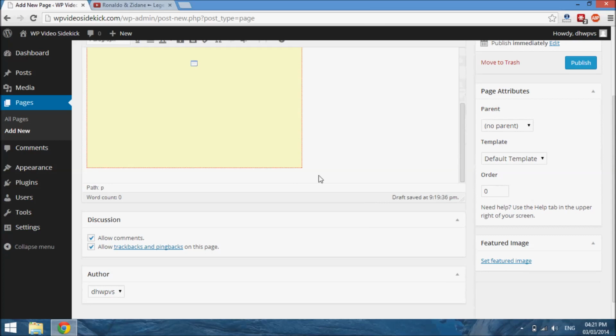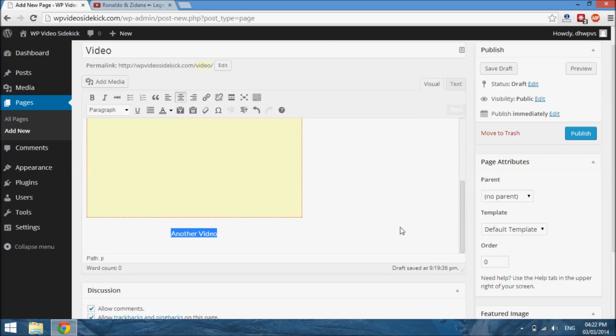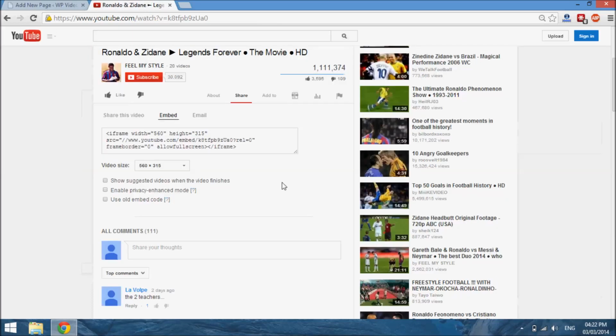And what I'll do now is just put some space and just put another video, and I'll show you the other option that's available on YouTube for embedding videos. So if we go back over to YouTube and we select use old embed code, but before I do that, I'm just going to show you this option that